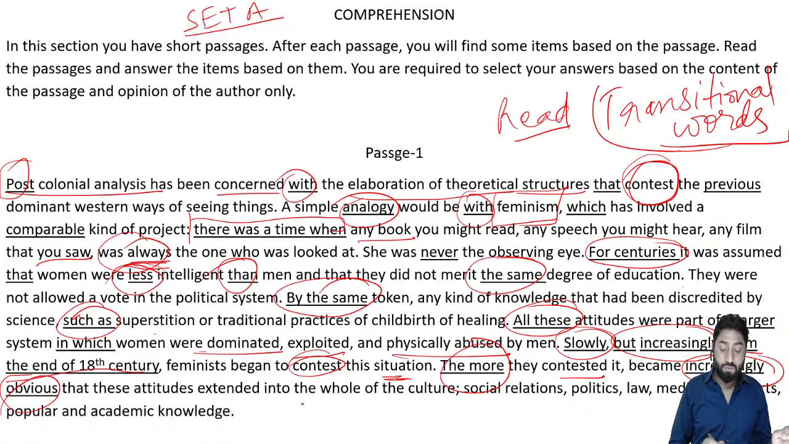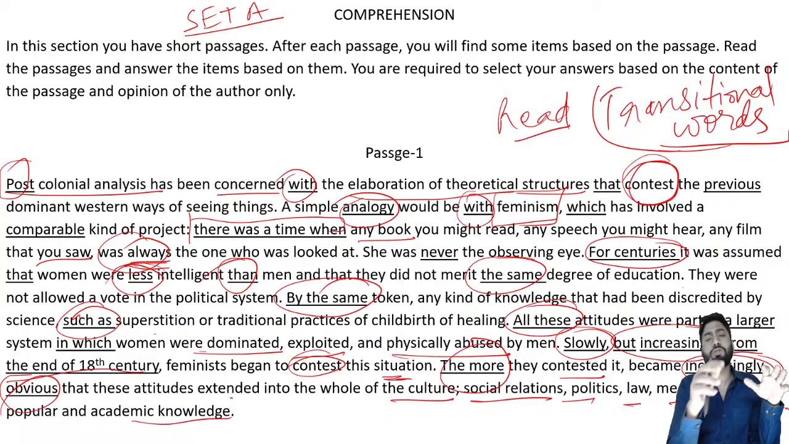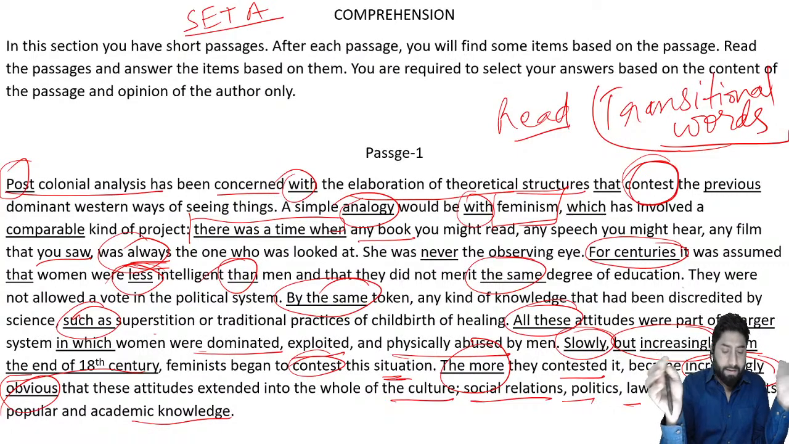these attitudes extended into the whole of the culture: social relations, politics, law, medicines, and art, and popular academic knowledge. It got extended anywhere, right? Everywhere. So that's how the post-colonial analysis